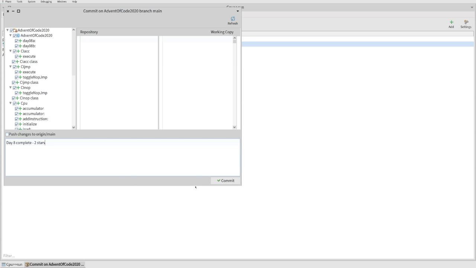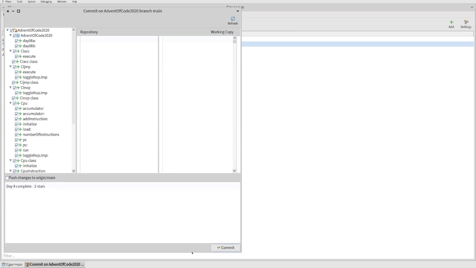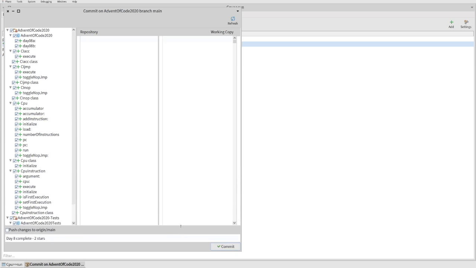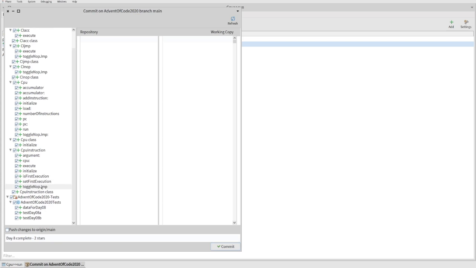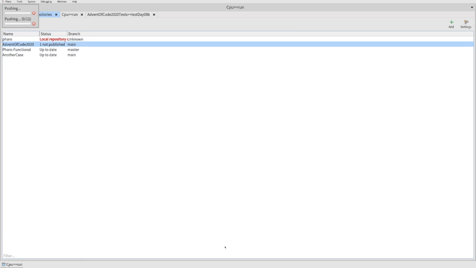And let's just review the code before we do this. So what did we do here? We have quite a lot of instructions. So we added the day 8 A and B, and then we added several classes: CI ACK, CI jump, CI NOP, CPU instruction, and the data for day 8 and the tests. So we're all good. So we'll commit this, and it's pushed,